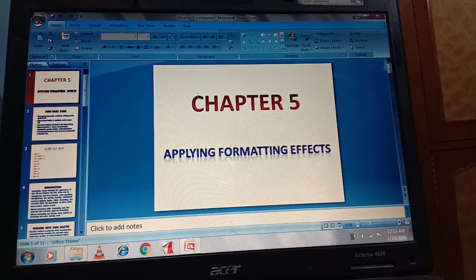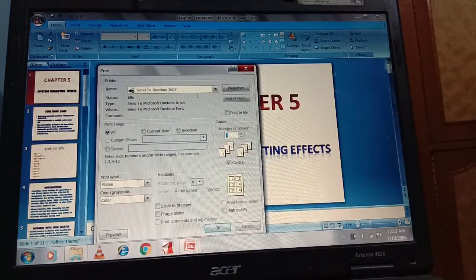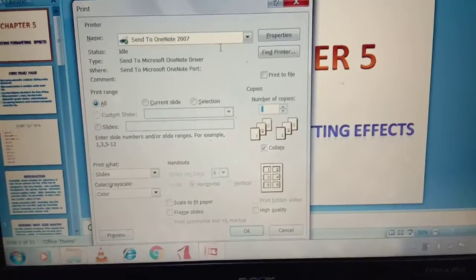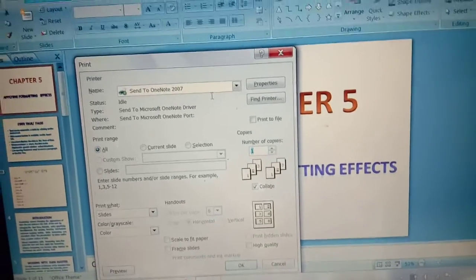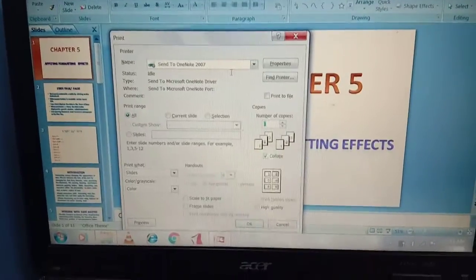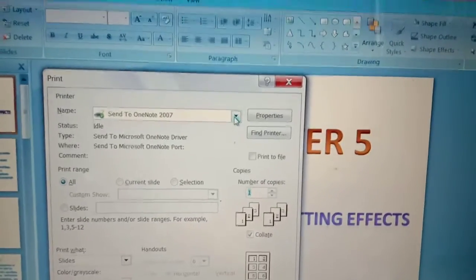Second way is just press Ctrl plus P. It means Ctrl and P key together. Is it clear? A print dialog box will appear in front of us. Can you see this? This is a print dialog box that is in front of us. So here, can you see the name? Here you have to select a printer